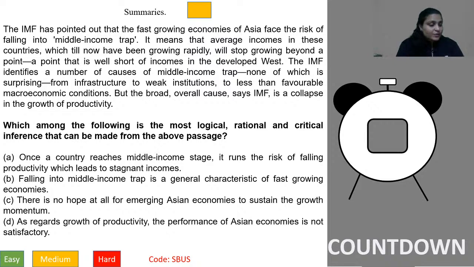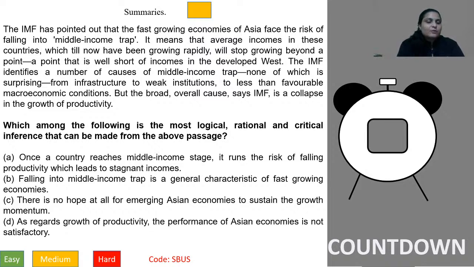All right, so I'm not seeing any replies here, but nonetheless, I'll discuss the answers. So the passage is actually about the IMF, and summary questions are like the favorite of CAT. You have only 3 types of questions when it comes to CAT. You have summaries, you have parajumbles, and you have RCs.